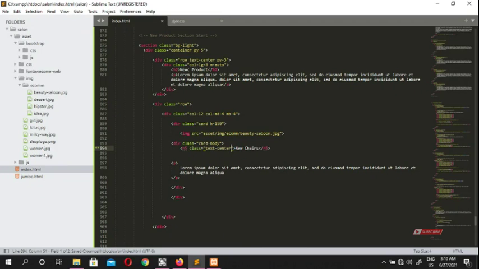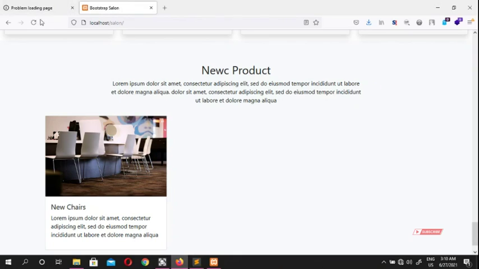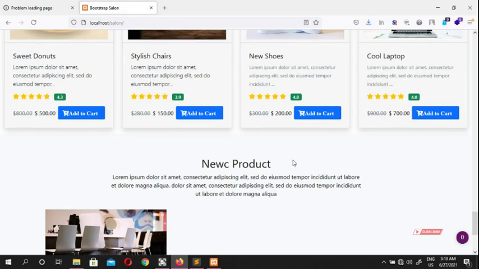We put a text center for H5, and you see our text is sitting in the center like this, and that's our new product, and that's our lorem ipsum. On the top, our text is not in the center, it's sitting on the left. You can do it like that too, no problem. You can put anything here. I'm going to show you how we're going to